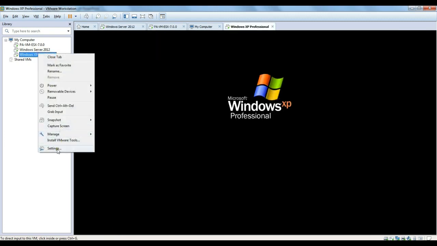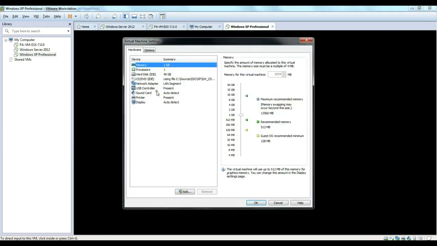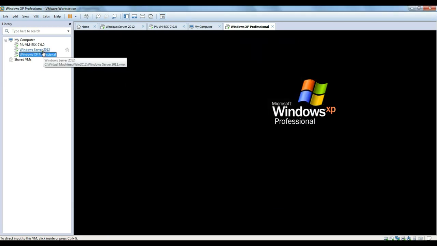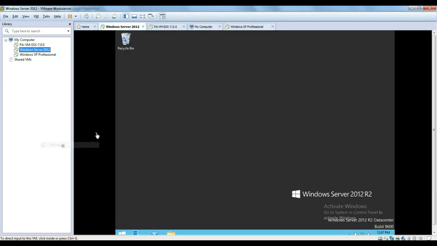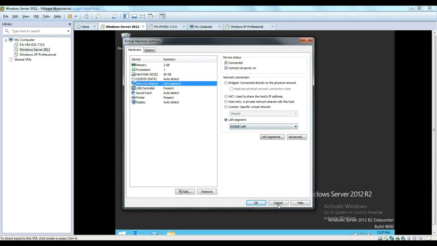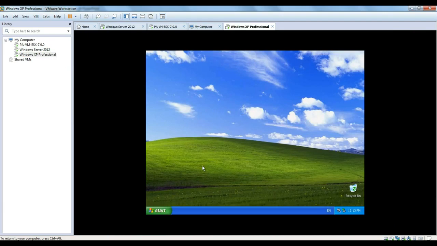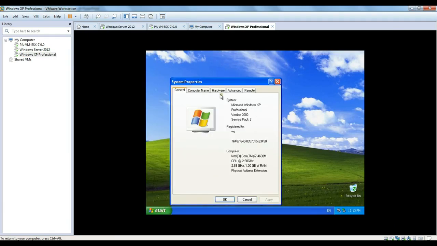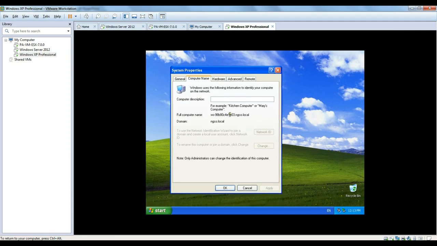If I show you the network connectivity on the Windows XP machine, you can see it's on the inside LAN, on the same LAN as Windows 2012. Same network, and I have joined it to the domain,